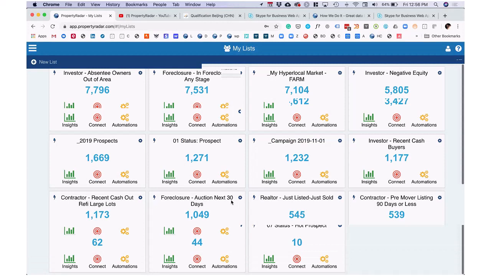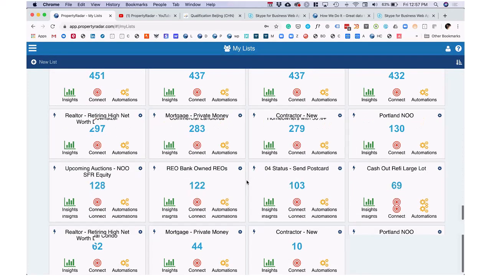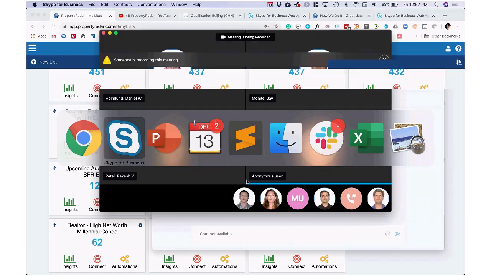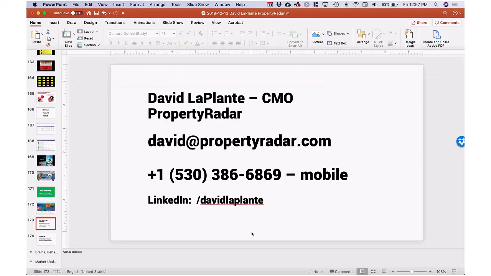Okay. Anyways, so yeah, your goal: slice and dice your marketplace, all your opportunities, as many ways as you can, and then have particular strategies for each one. And then my contact info, it's right there. Excellent. Please send me an email. If I don't respond, shoot me a text. I get too much email. I'm really good with text messages.